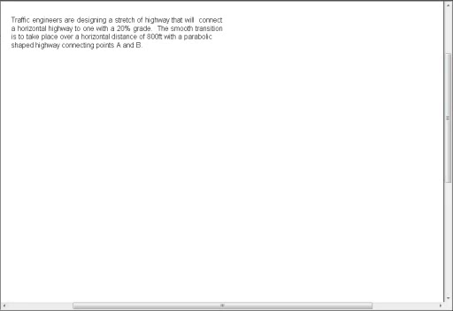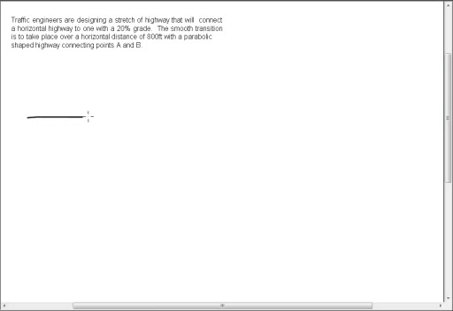Okay, I really like this problem. Traffic engineers are designing a stretch of highway that will connect a horizontal highway to one with a 20% grade. The smooth transition is to take place over a horizontal distance of 800 feet with a parabolic-shaped highway connecting points A and B. So of course, whenever you have a word problem like this, the first thing you do is